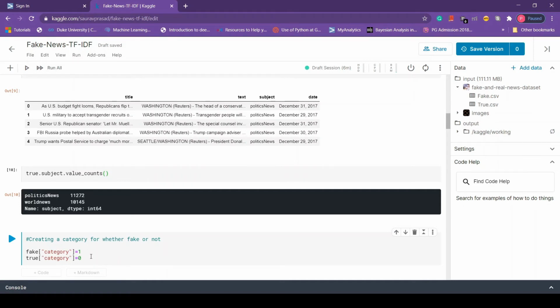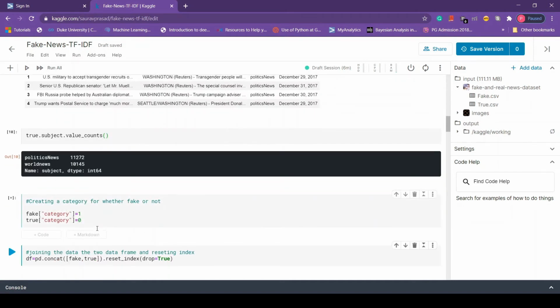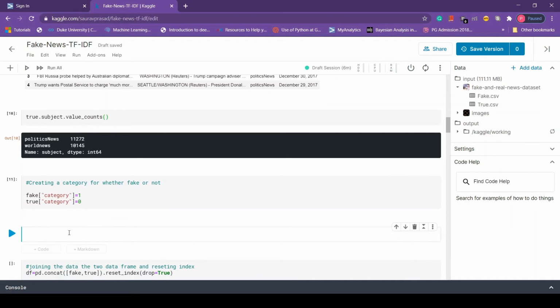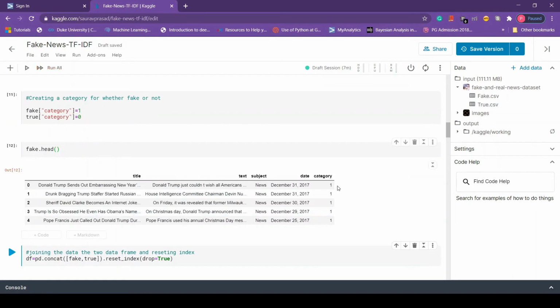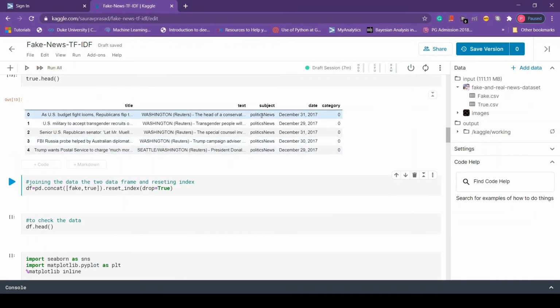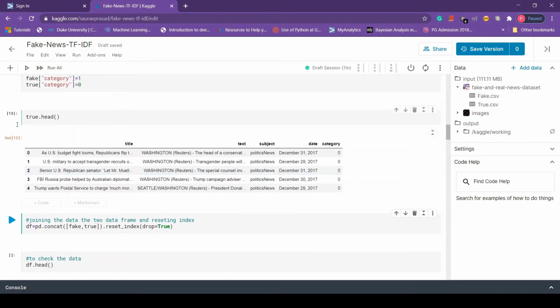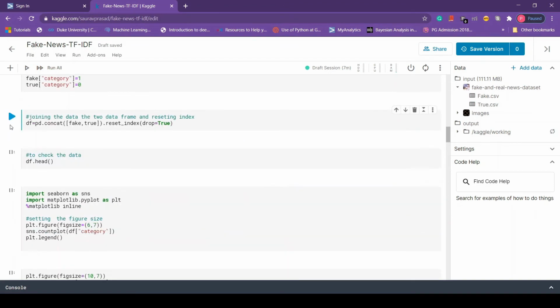Once we press Shift Enter, we have created our category column. Now let's check whether the applied operation ran successfully or not. Let's first check the fake dataset. Okay, so here we see that we have 1 1 1 in the category column. Now let's do the same for our true dataset and we should get 0 0 0 in the category. Yeah, so we are good to go for this.